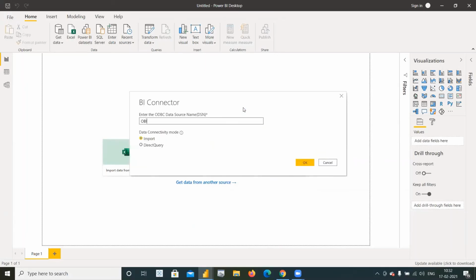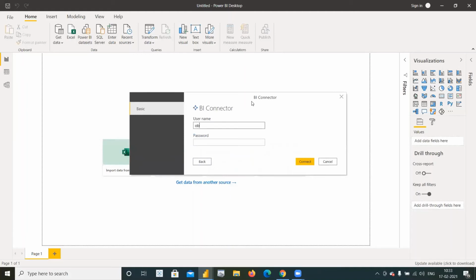This time I'm going to enter the OBIE prod subject areas DSN. First I'll go with import, then I'll show you how to do it in direct query. Okay. Since this is the first time I'm connecting to this DSN from Power BI, I'm entering the credentials, the OBIE credentials, connect.